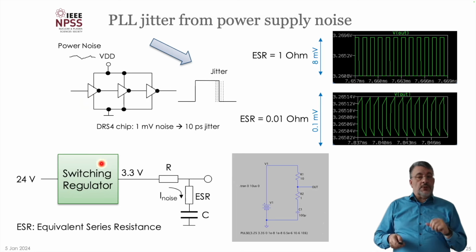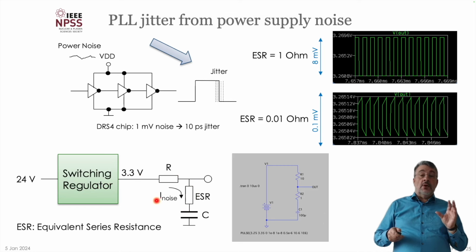On the boards I showed you already, we have to use a switching power regulator, and these are usually noisy at the output. So what we do is, you filter the output to get at least a small amount of noise here. And you do it with the RC low pass filter. If you make the RC low pass filter big enough, you can really nicely filter even the noise from a switching regulator. But something people mostly don't really know, I didn't know it for a long time, is that each